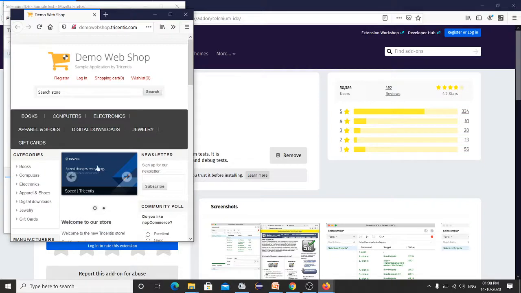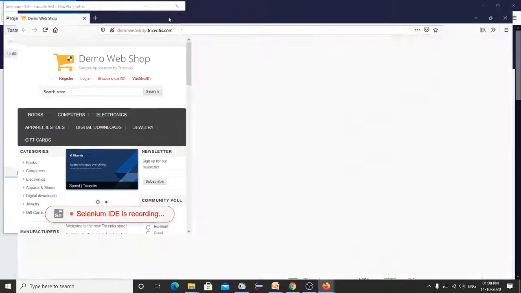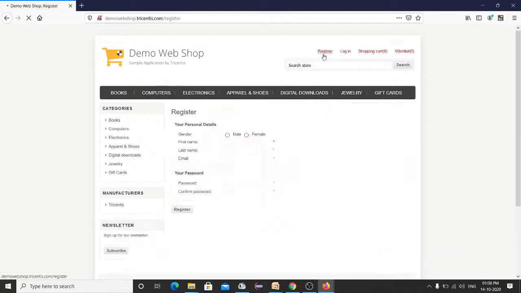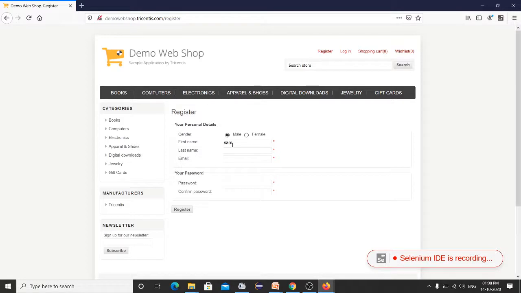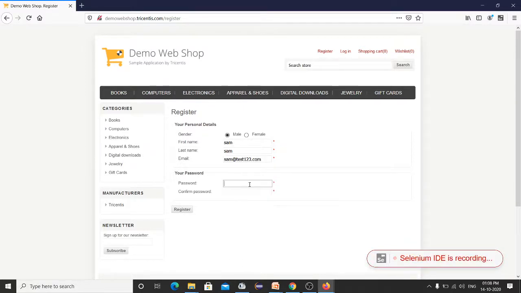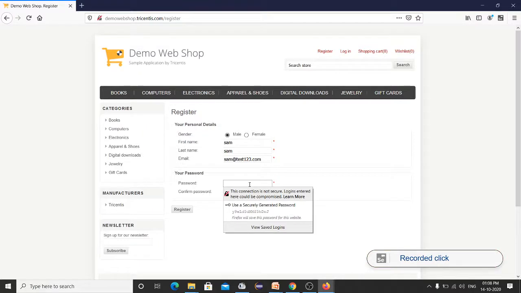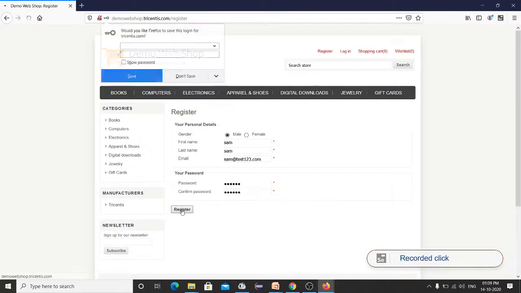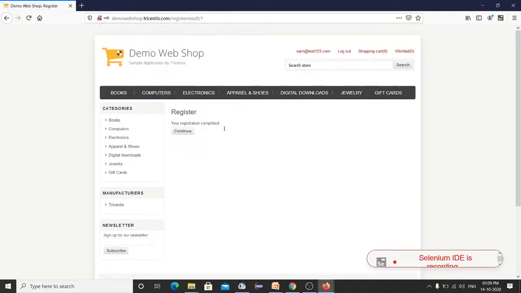Okay, you can see now Selenium IDE is recording, so I'll maximize this. I'll click on register and I'll give an email ending in mail.com. I'll give some password. Click on register and save.